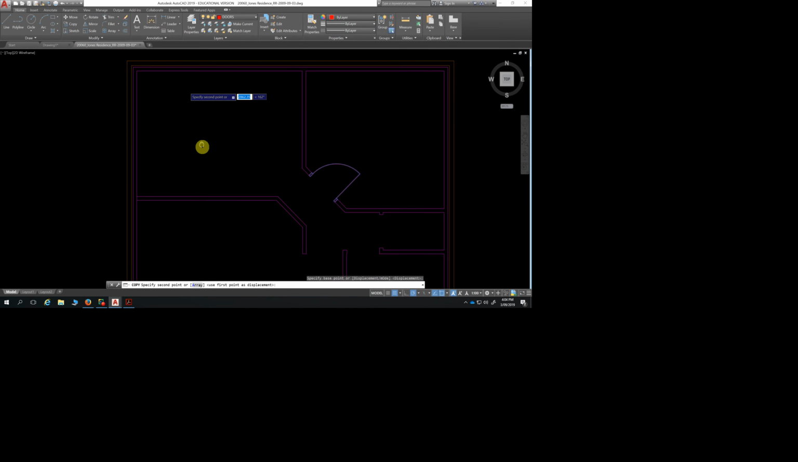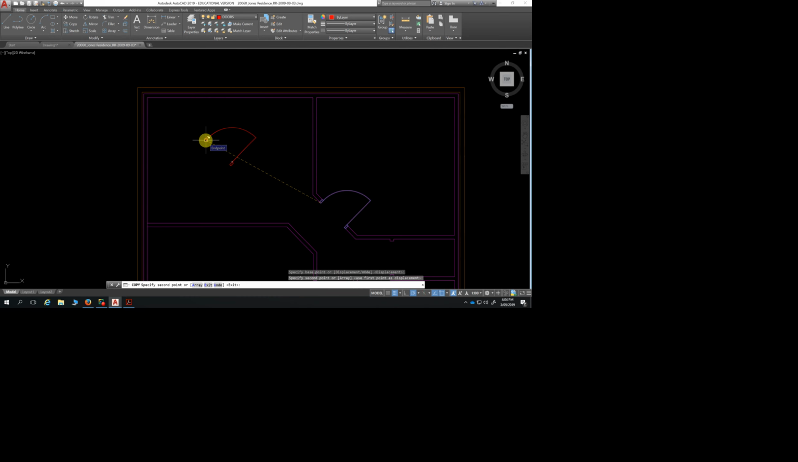Take it and move it into this room. Enter. To finish your command, escape. Okay? Now what are we going to do? We need to mirror it. So we choose mirror. Select the object, enter, and we are going to